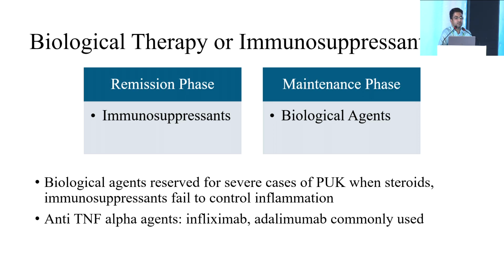So which therapy should be chosen, biological therapy or immunosuppressants? In the remission phase, it is recommended to start with immunosuppressive agents like the steroids and other agents like methotrexate, cyclophosphamide and so on. In the maintenance phase, you have to shift to biological agents because it is a longer, chronic phase where the side effect profile should be reduced. Newer biological agents have fewer side effects, can be used for a longer duration, and control the cause of PUK or the inflammatory pathology without much side